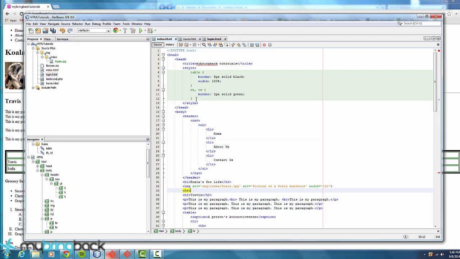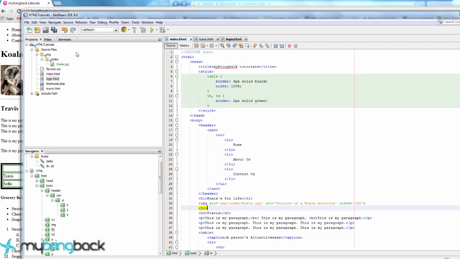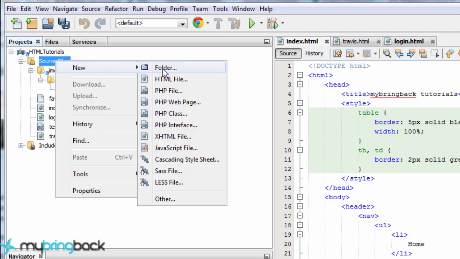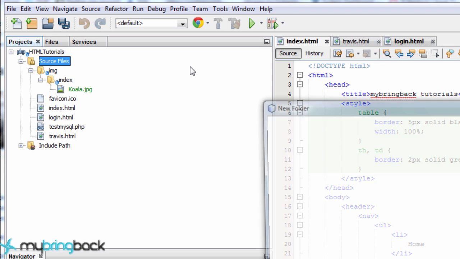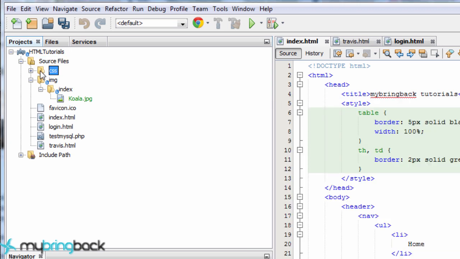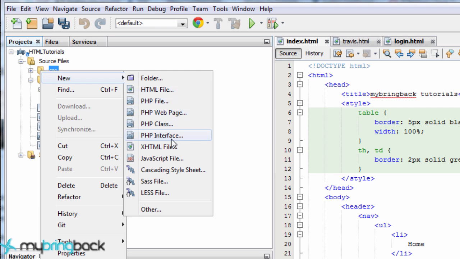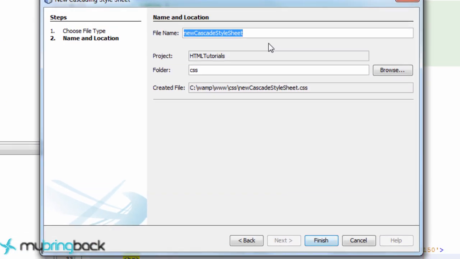We're going to learn about adding an external resource. So within our source folder, we already have a way to organize our images. We're going to just create a new folder to hold all of our CSS. I'm just going to call it CSS and create a new CSS file. Or actually, we could do SASS. We'll get into SASS eventually, but I kind of want to start from the beginning with just a CSS file,